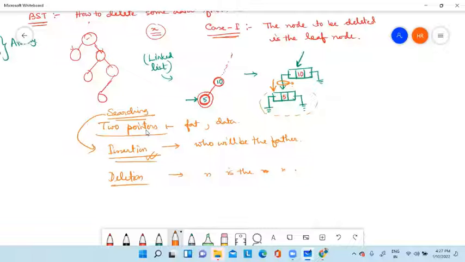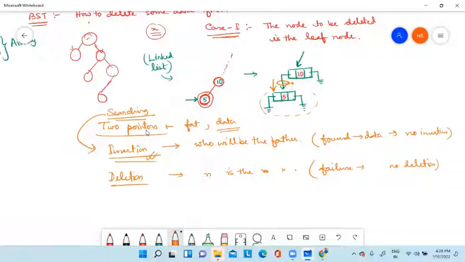Now see, if you are going to perform insertion, if you are searching for a particular element and you find the element, data found, it means no insertion. I hope it is clear. And in case of deletion, if the search fails, meaning failure, then no deletion. I hope it is clear. In case of insertion, you are going to search a particular element.